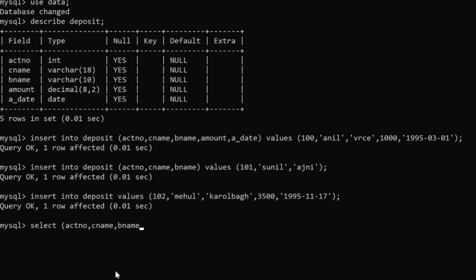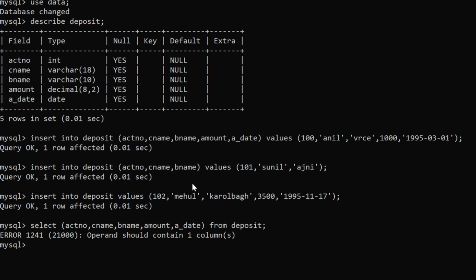C name, B name, amount, A date. From, I want this information from the table called deposit. So I will write deposit. Here it is giving us the error that operand should contain one column.